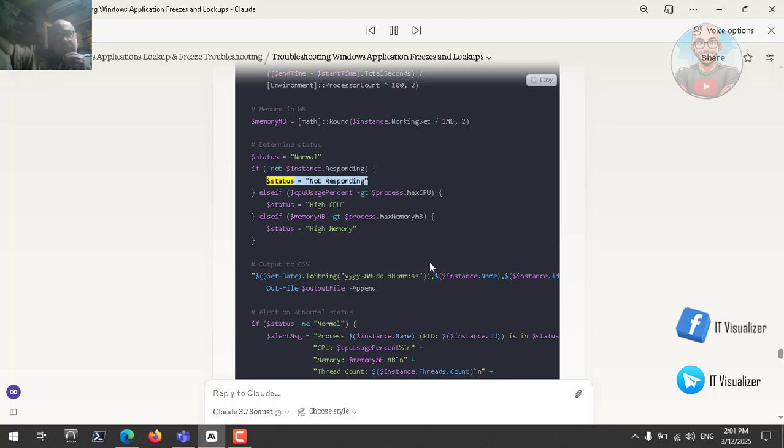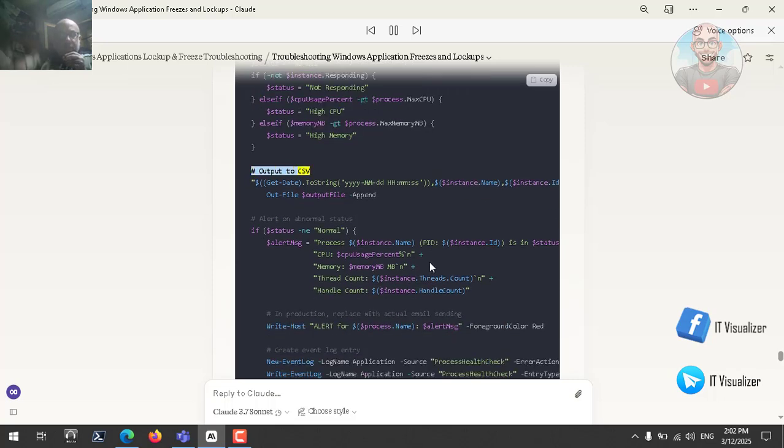Responding $status equals not responding else if $CPU usage % $process max CPU $status equals high CPU else if $memory MB process max memory MB $status equals high memory hashtag output to CSV get date to string SS comma $instance name comma